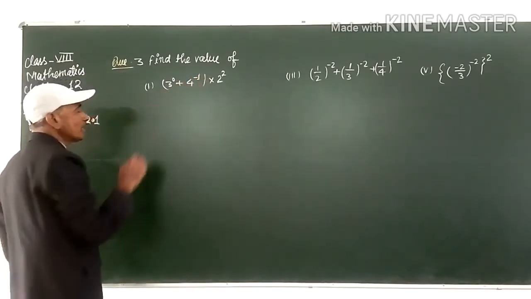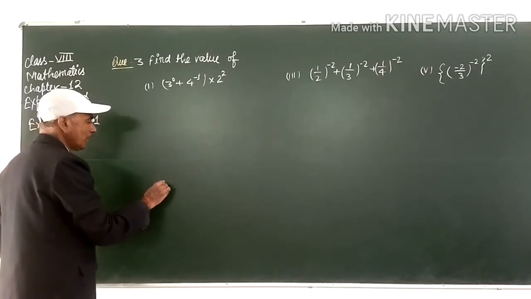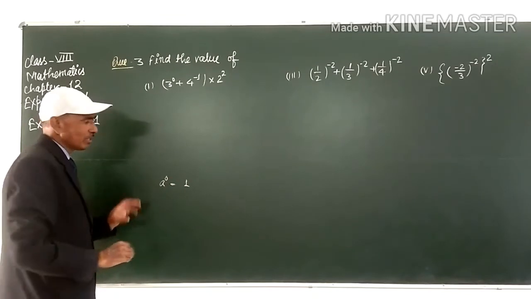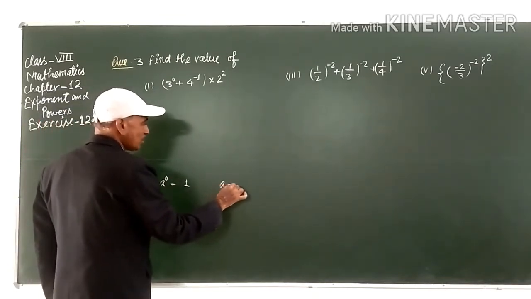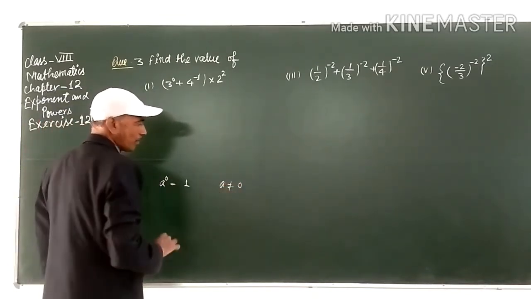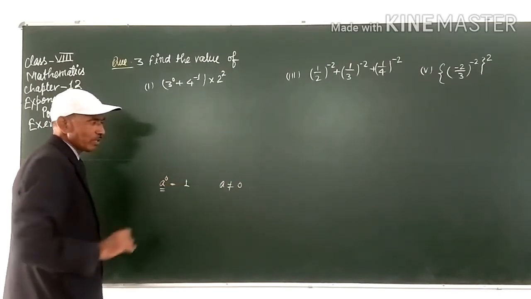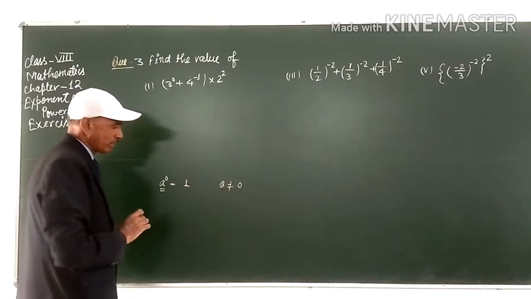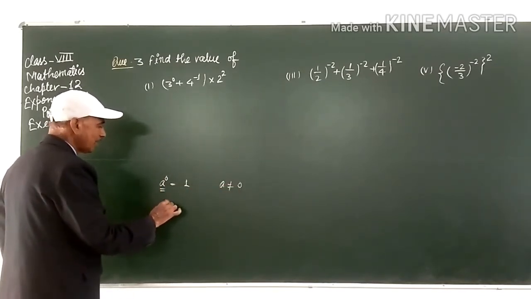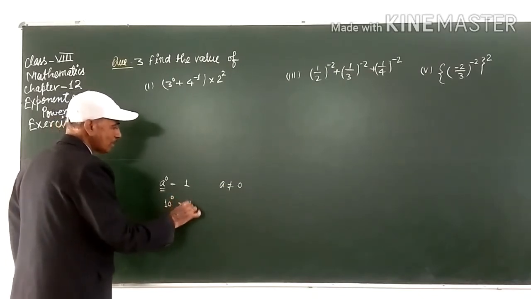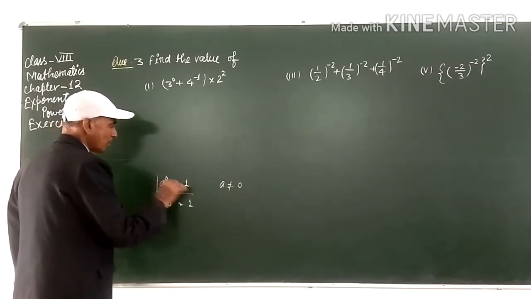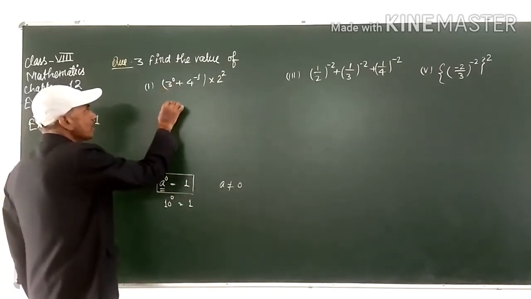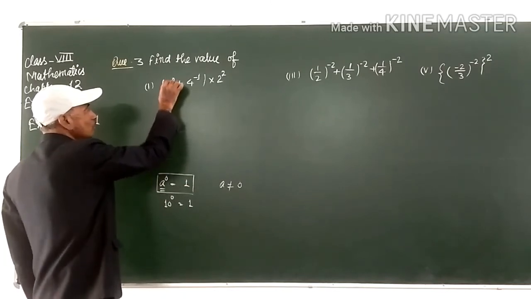So first one, a raised to the power 0, it means 1. Any number has a power 0, but condition is a should not be 0. Base should not be 0 here. That is compulsory. That is a must not be 0 here, students. So if a number, that is 10 to the power 0, it means 1. This is rule, student. So using this rule, we have to write this one 3 to the power 0, it means 1.